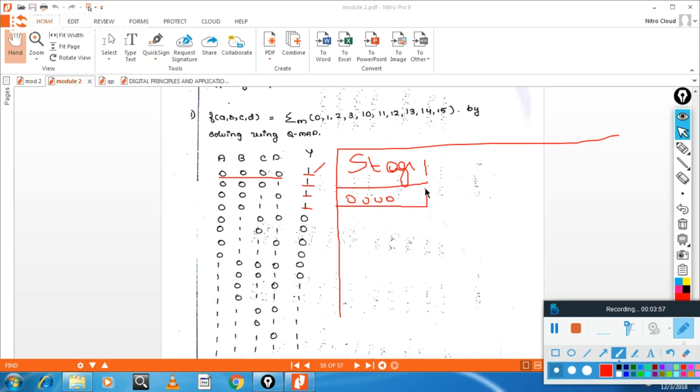This is one group. The second one is 0, 0, 0, 1. So this is one more group that contains one number of ones and output is equal to 1. Now I will proceed to the direct table and try to explain to you.